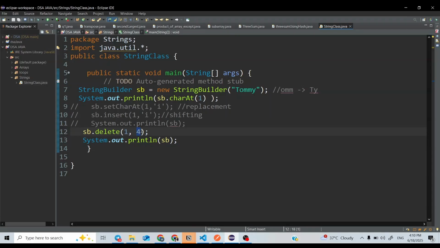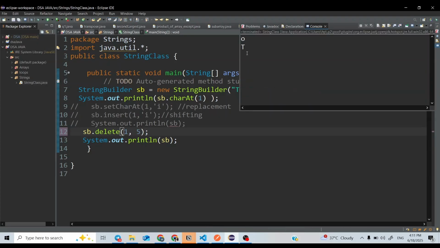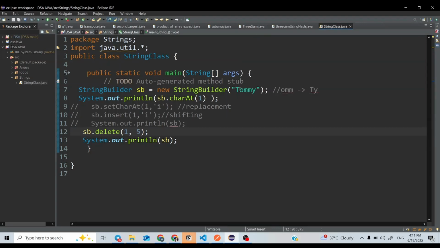If you want to delete the character till fourth index, you have to pass the fifth index. So from first, second, third, fourth, everything will be deleted: O, M, M and Y. First, second, third and fourth will be deleted.